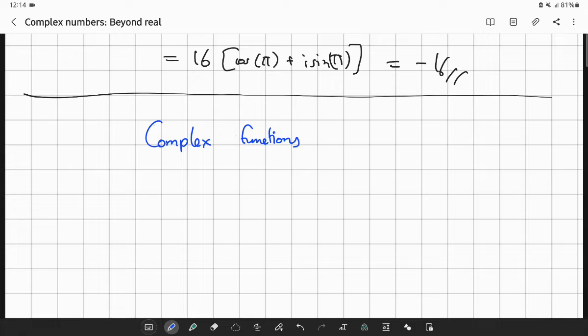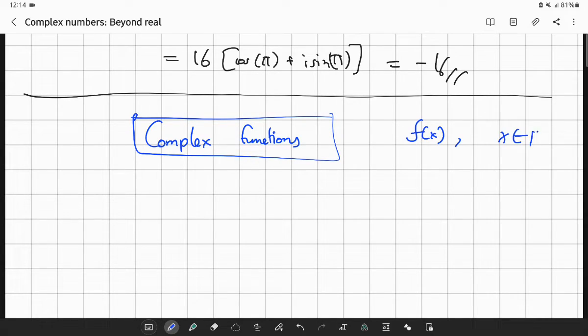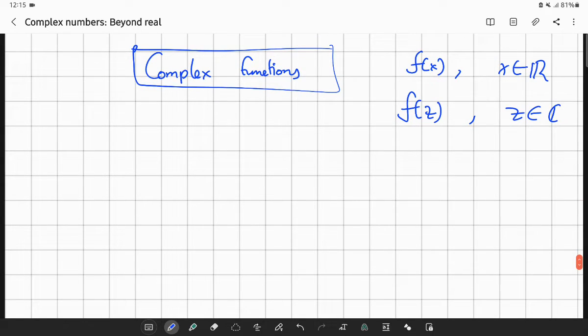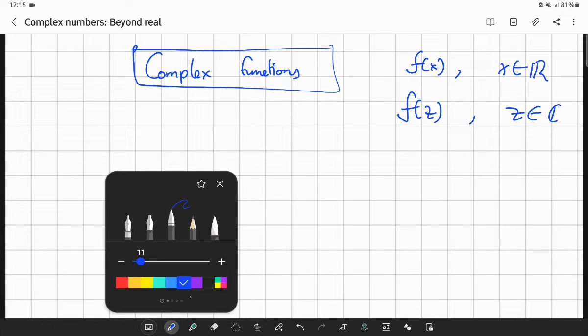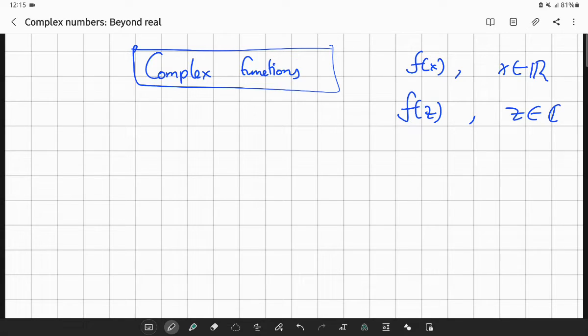Or functions with complex variables. Instead of having f of x where x is real, we'll move into f of z where z is complex. Now again, I'm returning here to multivariable calculus. This is similar to multivariable calculus, the next point that I'm going to make here. And that is that you have your input, the domain of the function, as we say in math, is